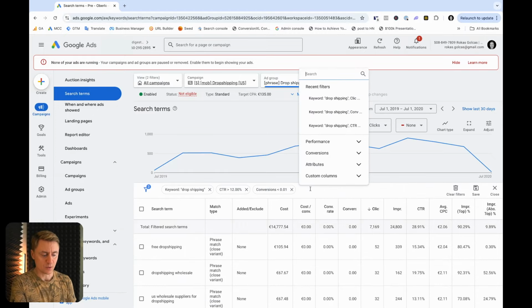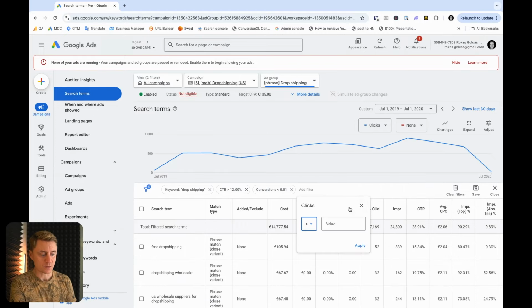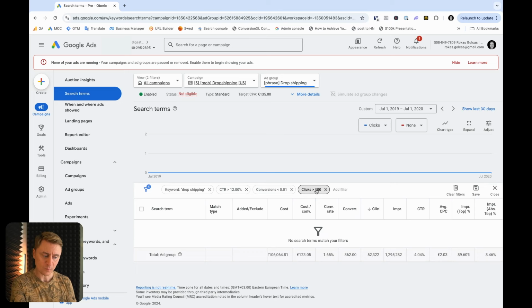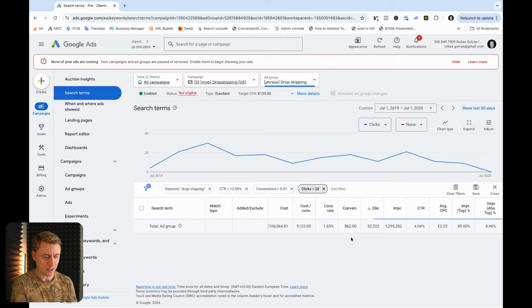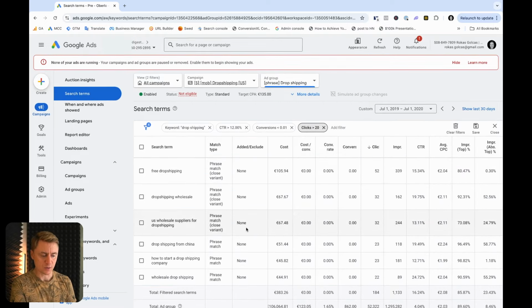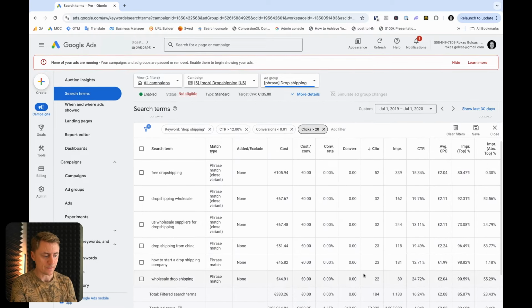Obviously it's hard, but you can use either the cost or clicks filter to focus on, well, 100 is too much. We'll focus on keywords that have, let's say, more than 20 clicks. So in this case, we have to have a bit less. So we have 6 keywords that we can focus on, although you should look at other keywords as well,